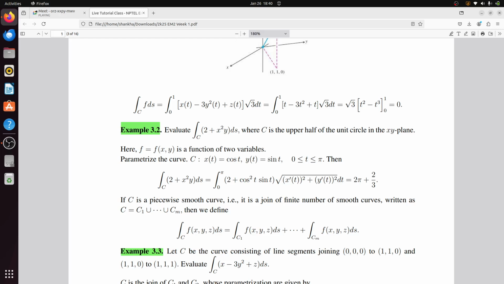Okay, because your t should vary from 0 to 1. 0 to 1. Yes, sir. Okay, so then it will be fine. Okay. Yes, sir. Now you know that